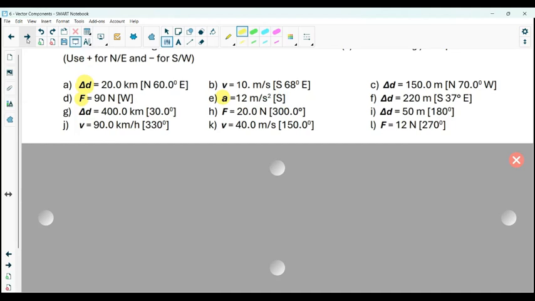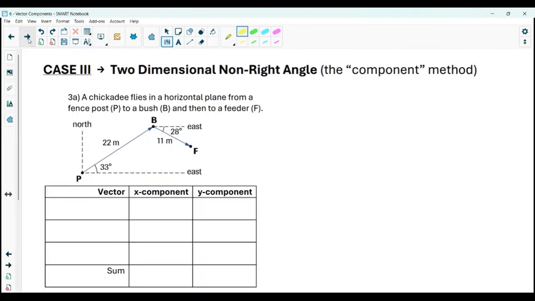Okay, if you finished all that and you're back, let's try tackling the two problems from the previous lessons. We had this chickadee flying, and we're going to try and tackle these using vector components. You may say, Mr. Roy, I prefer to use sine law and cosine law, and I'd say you can do that here, but it